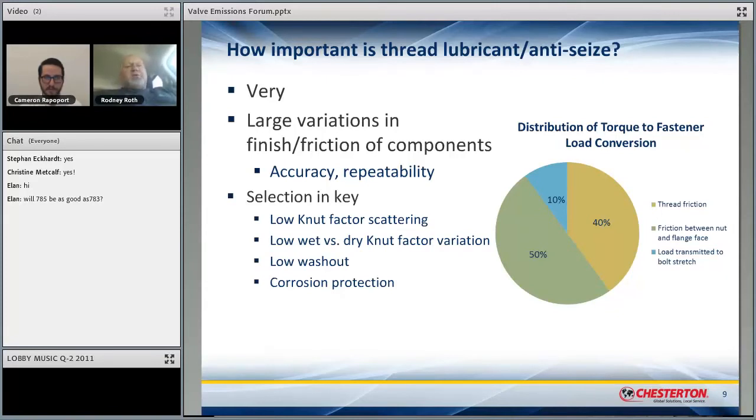I like 772 premium as well, but the spread on the wet versus dry is a little broader on 772 because the nickel is a softer solid, whereas the ceramic is a harder solid. And so it just gives a harder, smoother bearing surface if it gets applied effectively. That's the reason why I like 783 better. Of course, Mark Gunther would be the guy to really explain this in detail because I'm not a chemist, but I'm a pragmatist when it comes to this, and I've actually used all of them.